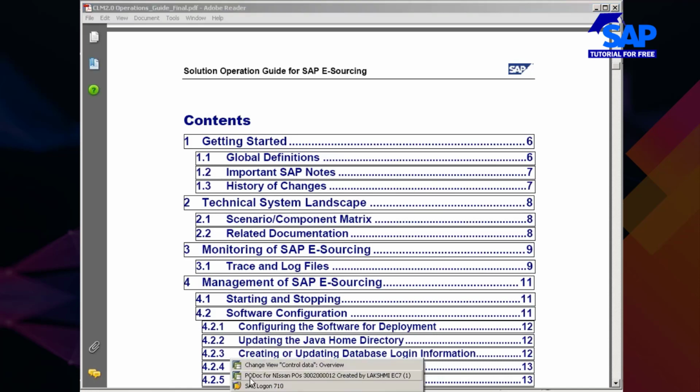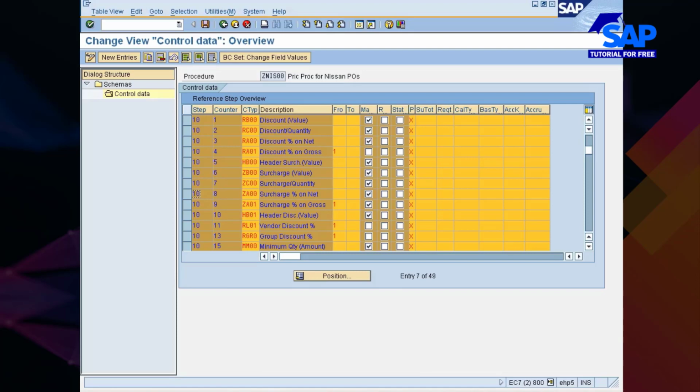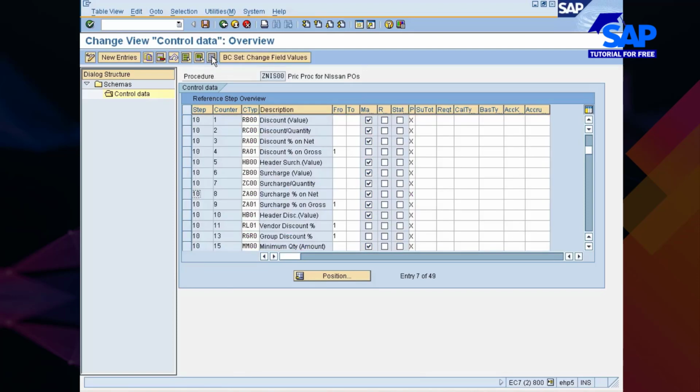Now you apply the same thing to the condition technique. Deselect all. Now look here. Step 1 is nothing but chapter 1. Counter 1 means 1 of 1, 1 of 2. So both belong to gross price only. But PB00 is gross price automatic, whereas PBXX is gross price manual. Whichever you want, you can keep, or if you want both, you can keep them both. Now look here, 1, 2, 3, 4, 5, keep them as they are.